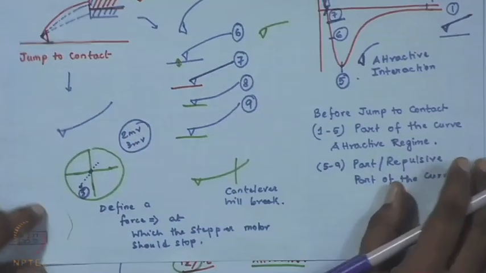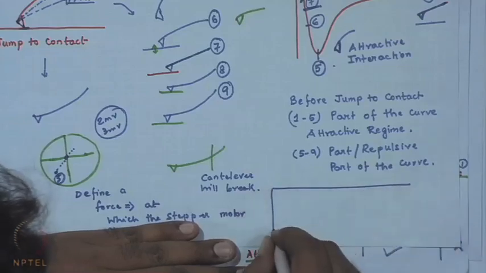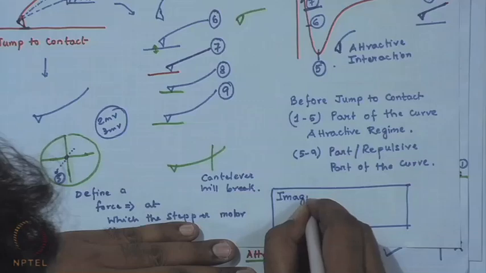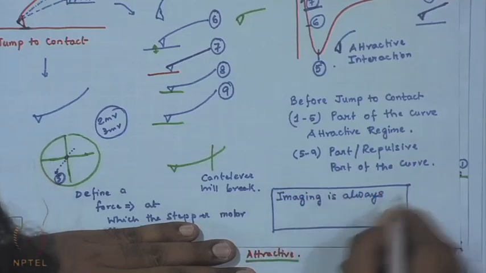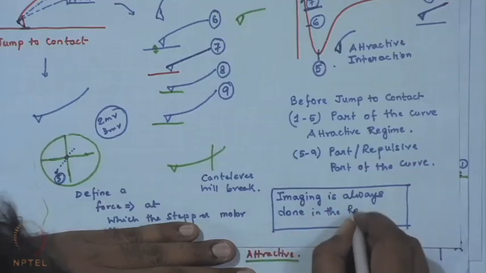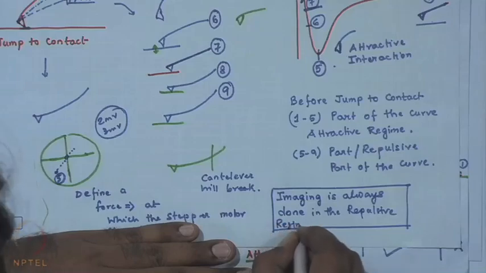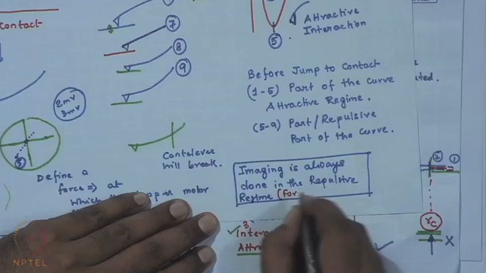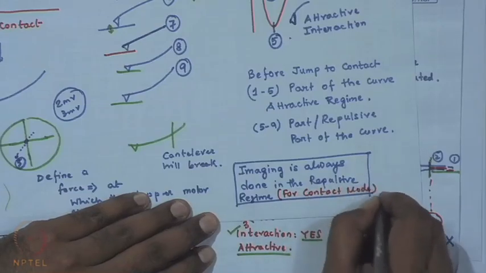But typically, remember that what we are going to discuss is contact mode AFM, but for other modes also, imaging is always done in the repulsive regime. Now, this is a gross statement, I would say. So, I will add for contact mode, which is the simplest one, and we are going to discuss it soon